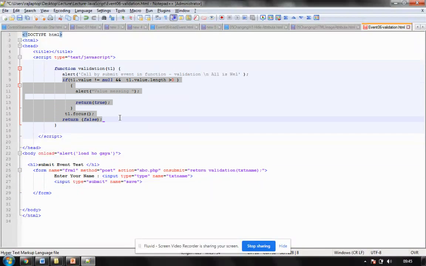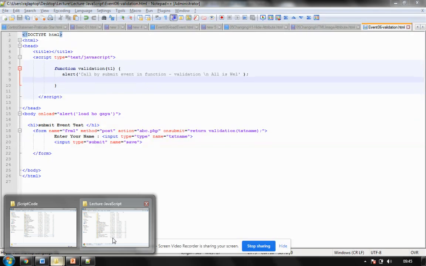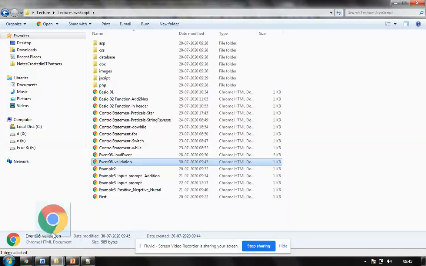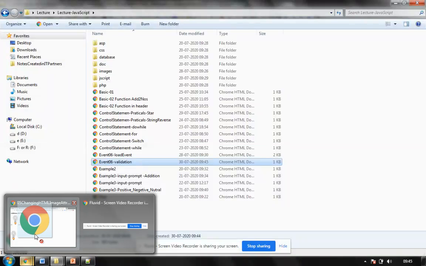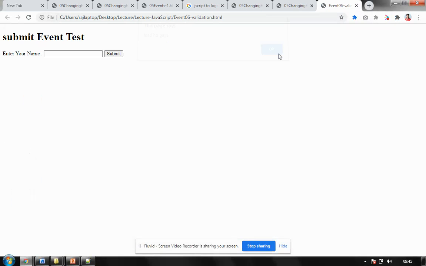That means what? Before executing of this, fine. If I want to just test it to see if this is working or not, what should I do? I'm saving this and executing this. So I drag and drop this validation into my program. So it is saying yes, the form load is event. That is, the form is loaded.